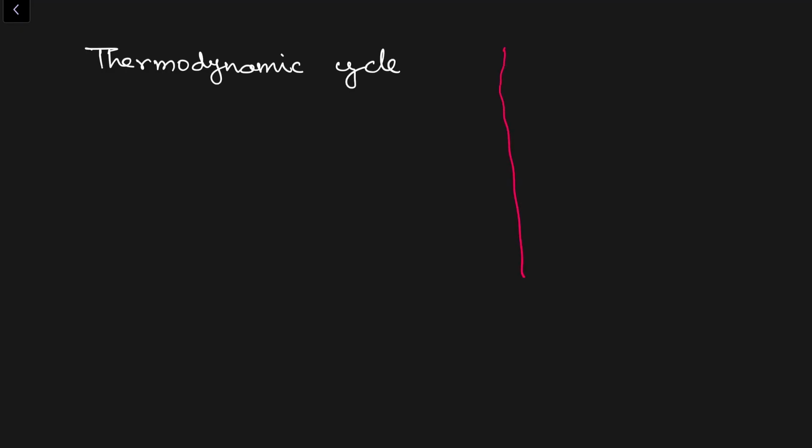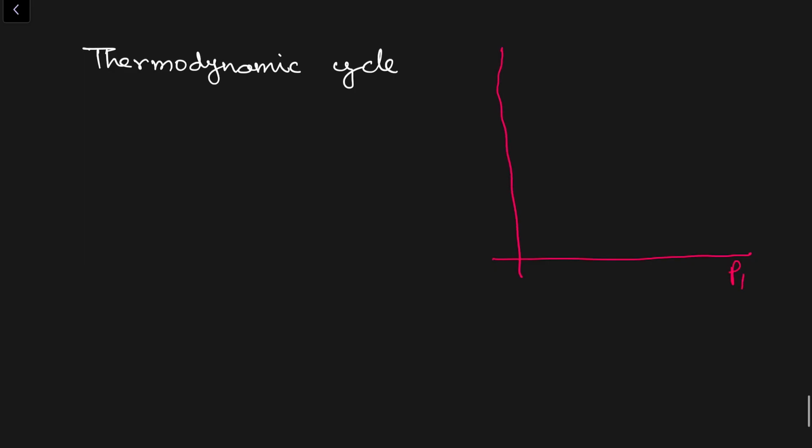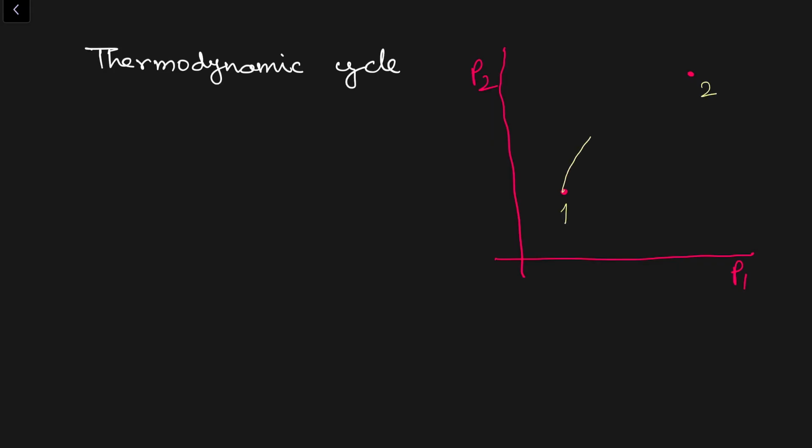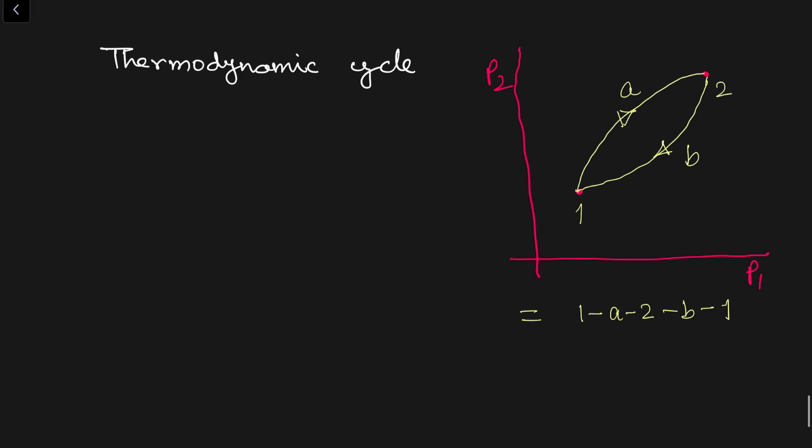Suppose we have property P1 here, P2 here, and we are going from state 1 to state 2 using a path, which can be 1A2, and then we are returning to state 1 using another path, which is B. So the whole process, for example 1A2B1, can be considered as a thermodynamic cycle. And if we want to define it, then we can say that it is a sequence of processes